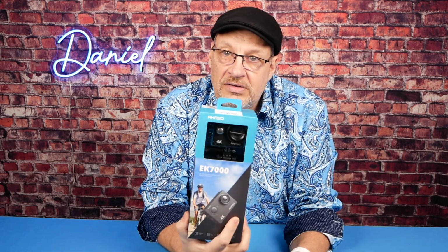But anyhow, one thing I want to show you, now this is probably more along the gadget line. This is an AKASO action camera. It basically looks just like a GoPro. But the difference is I got this on an Amazon Super Special for $49. $49. Does 4K 30 frames a second. It comes with, and check out everything it comes with. I don't know what all the GoPro comes with, but I can guarantee for $50, you're not getting all this